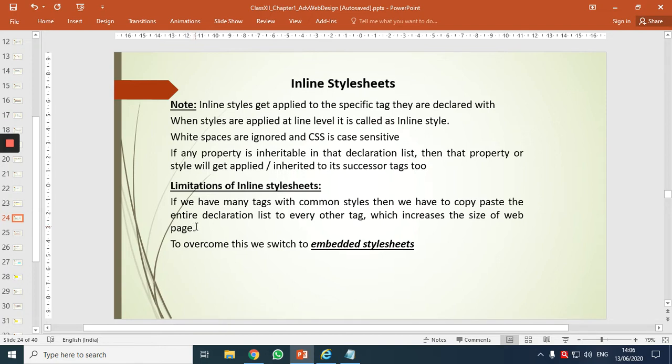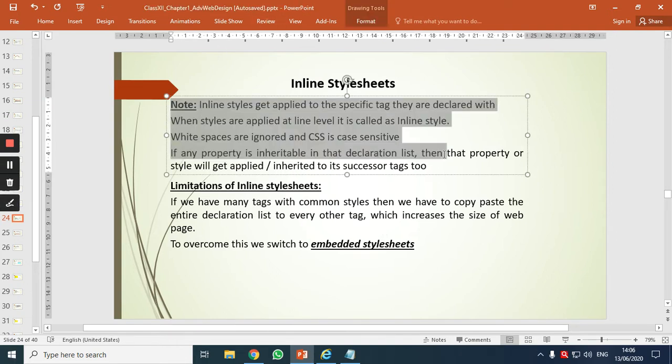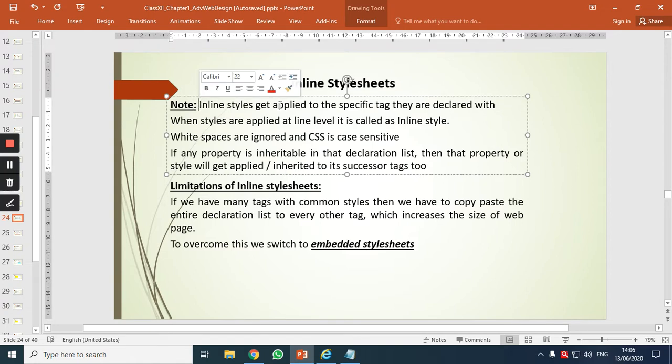And to overcome this, we need to learn our next type of styling, called internal or embedded style sheets. I hope inline styles is very clear to everyone. I'll read the note for y'all. In the note I've mentioned, inline styles get applied to the specific tag they are declared with.